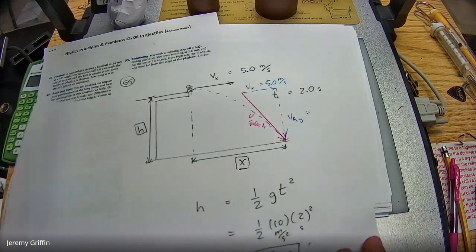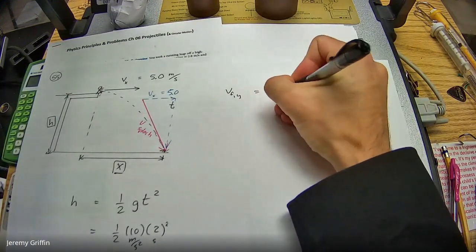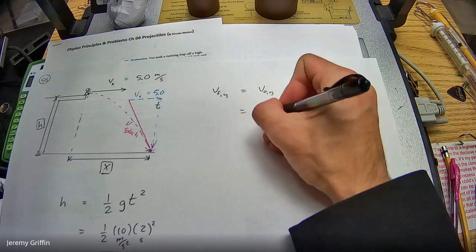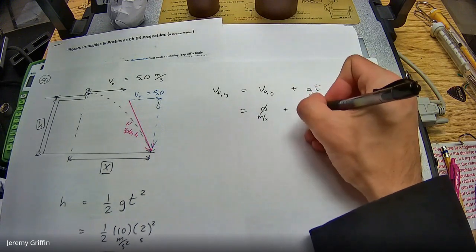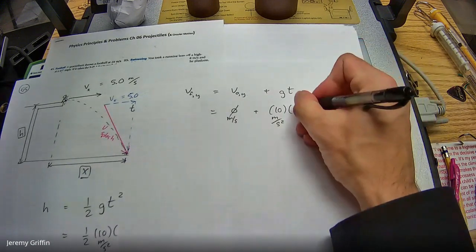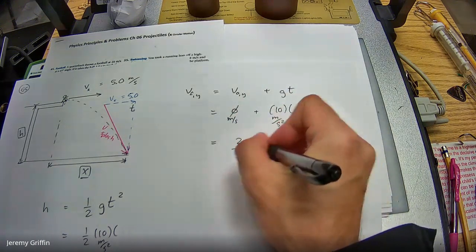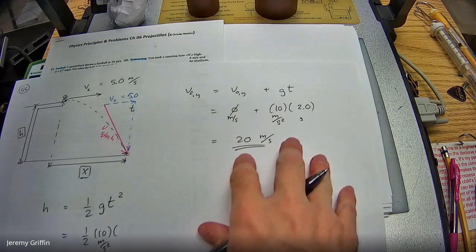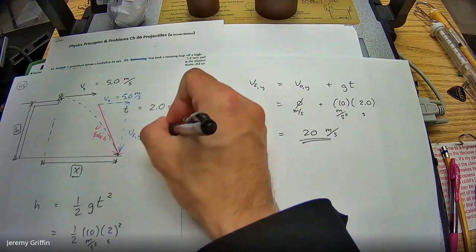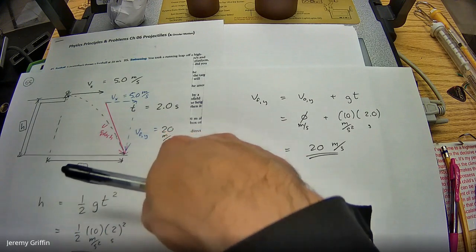Let's do that. So final velocity in the y direction equals initial velocity in the y direction plus gt. Down is positive, so it starts at 0, picks up at 10 meters per second per passing second, and does that for 2 seconds. That was a given value, 2 seconds. So I take this equation, be really fast. Wouldn't that just give you 20 meters per second? Okay. Now, that's not the final answer, although it's probably not too far off. That's this component, 20 meters per second. Anytime you're falling for 2 seconds, starting from rest, you will have picked up 20 meters per second